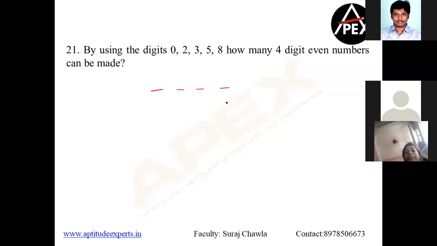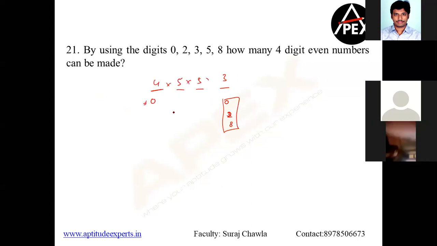You could have always done, sir, we can have 0, 2, and 8 here. So this can be placed in 3 ways. 0 won't come. This can be placed in 4 ways, into 5, into 5, into 3. This is right. Somebody also messaged me, sir, why can't we do something like this? This is perfectly right. This is also recommended. But my problem is, let us follow one method for all the kinds of questions.